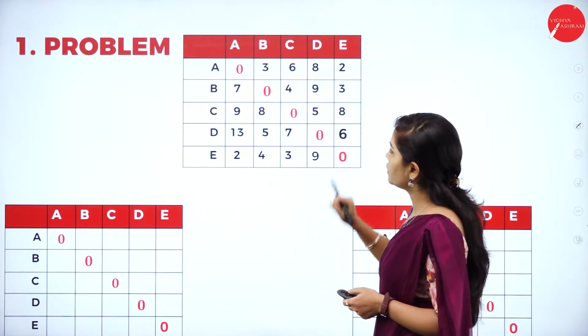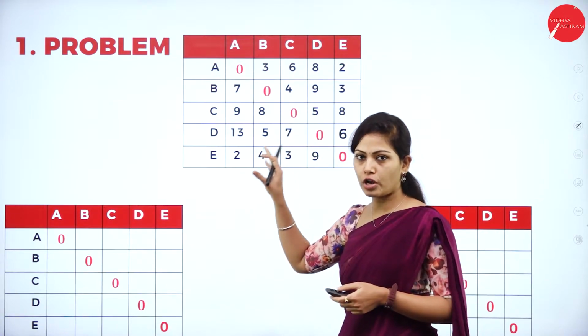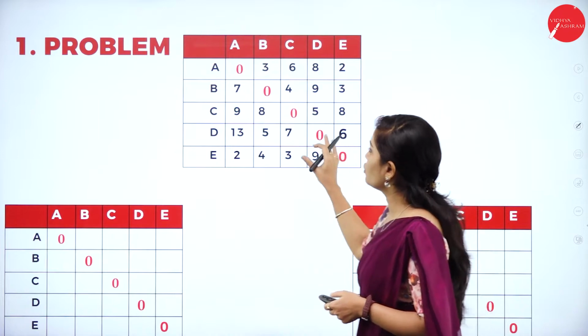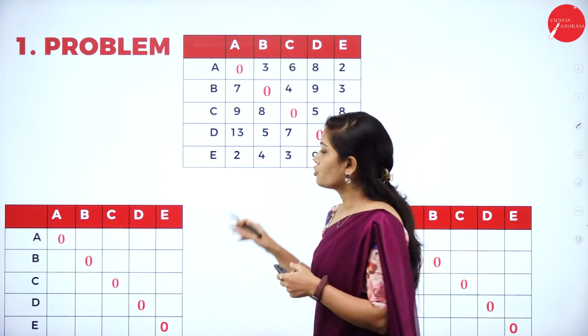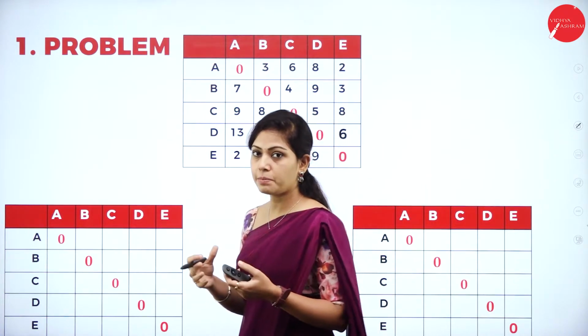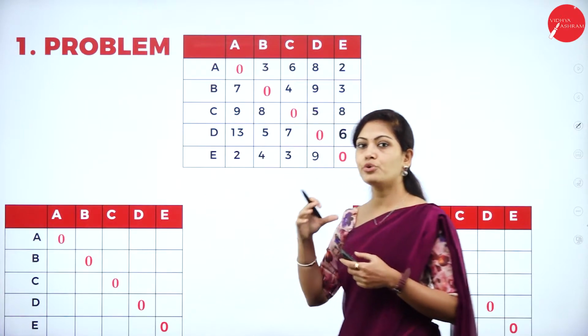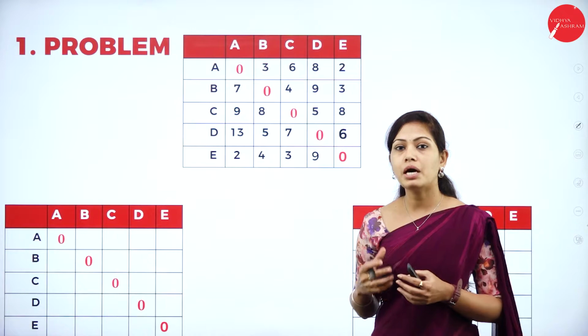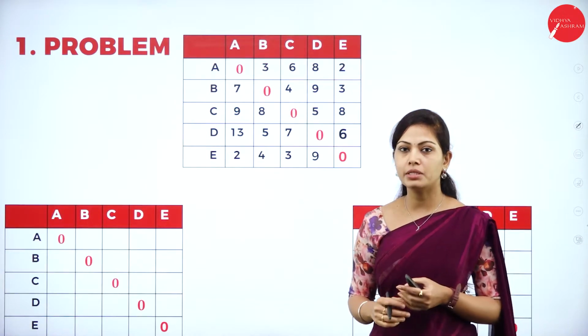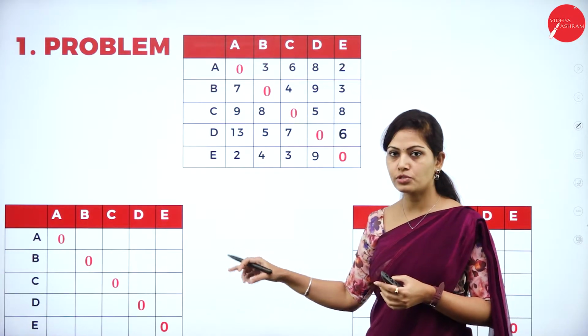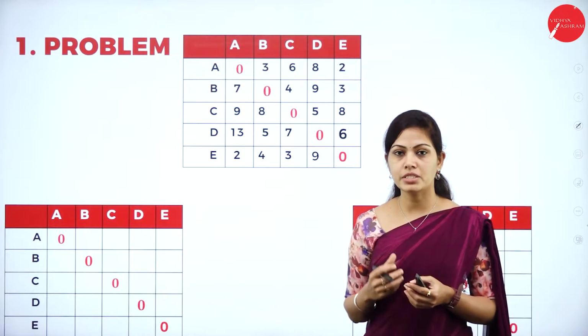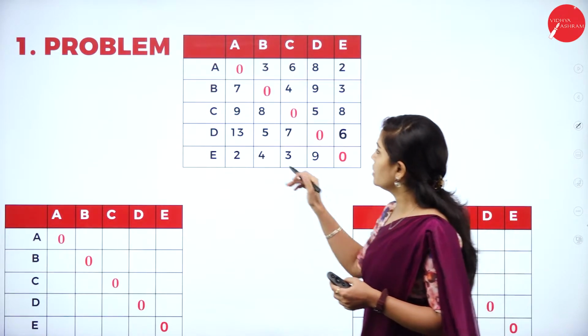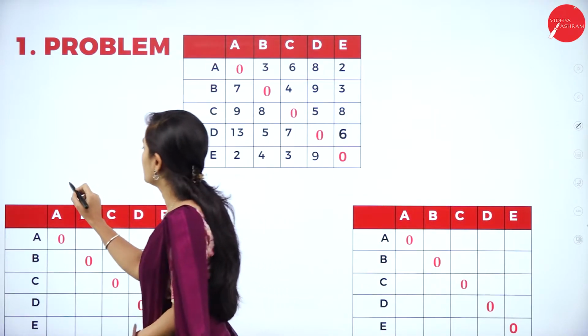So here in the first problem, we have the columns and rows. This is your matrix representation. What is the first step? Here also we have to apply the assignment problem by the Hungarian method. The same assignment problem by the Hungarian method we are applying in this problem also, but the assignment is different. Here first we have to find